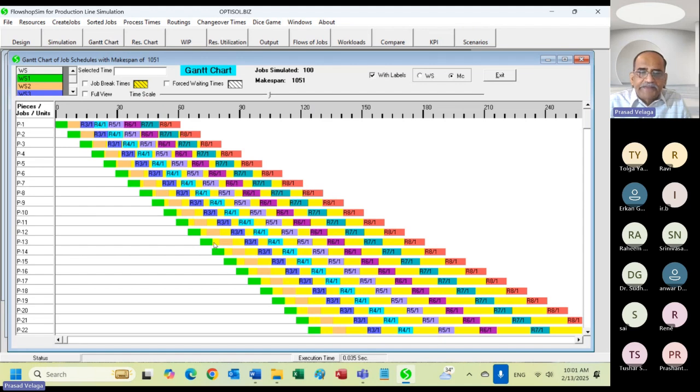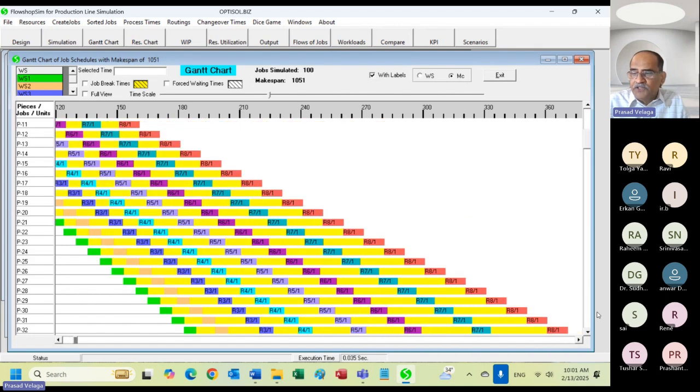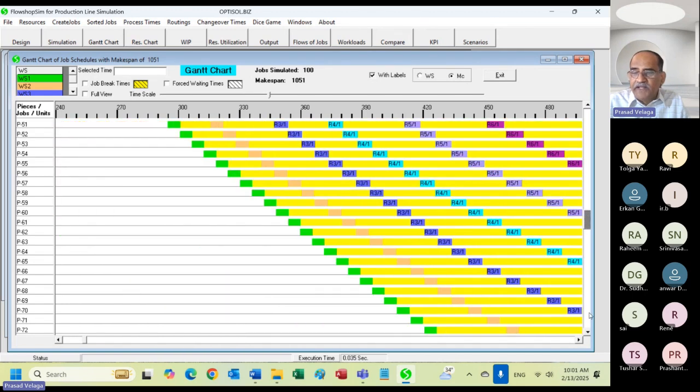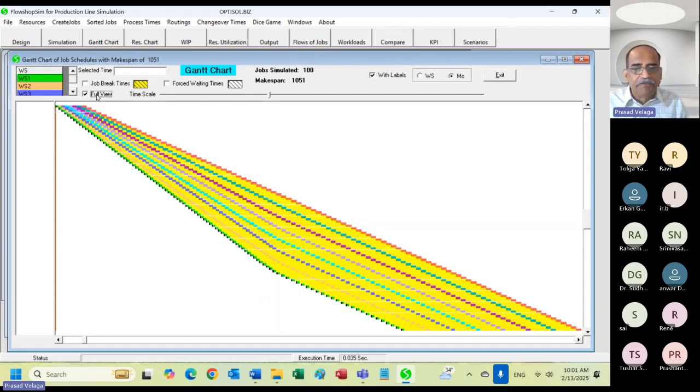Therefore, the pieces are waiting before the second workstation. Similarly, because of the difference in the speeds between second and third, the pieces are again waiting there. This is what's happening. As the time goes by, the waiting times increase, but it will not increase to infinity because we put an inventory limit of 5 at every workstation. So therefore, every piece waits for only a certain amount of time. So that you see here. If you take a full view,